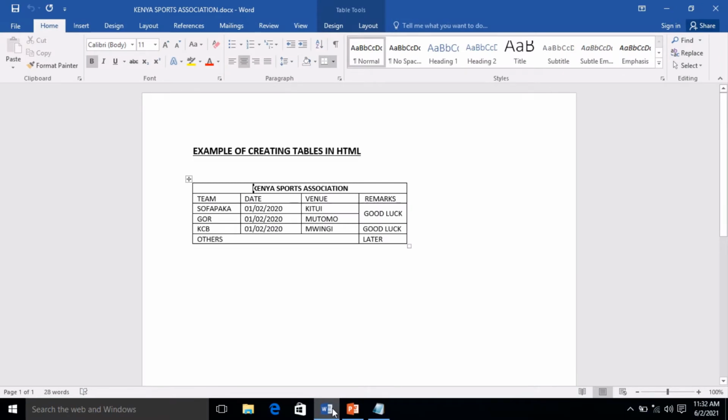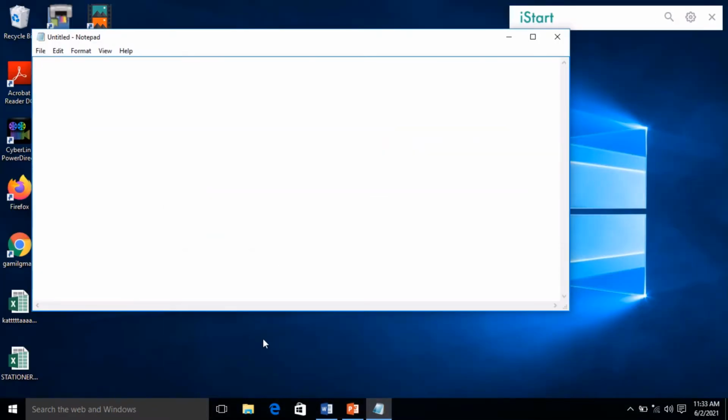So we shall create a table that has a heading, examples of creating tables in HTML. So you have Kenya Sports Association as the heading of the table. In this case we shall start with our normal HTML tag,